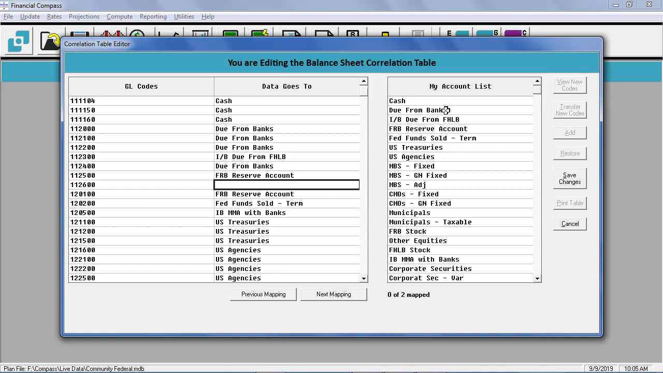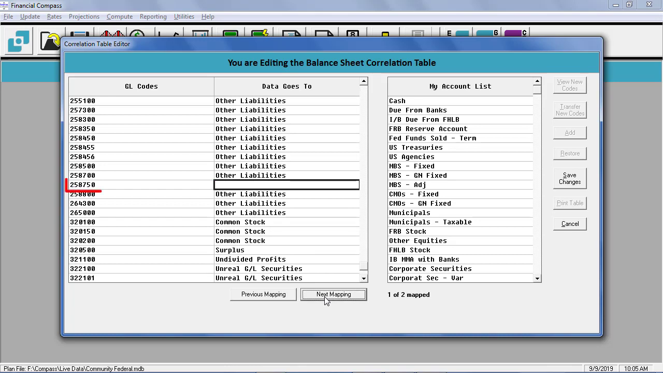To create the mapping, find Due from Banks in the My Accounts list. Click on Due from Banks and drag it to the Data Goes To column in the same row as the correct GL number. If there are additional new GL numbers, click the Next Mapping button at the bottom of the screen. That takes us to GL number